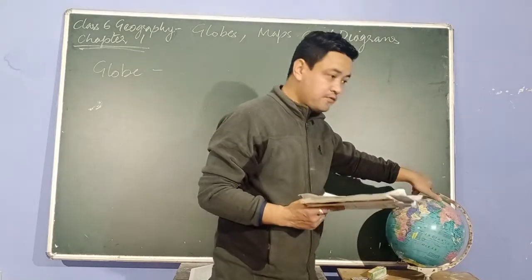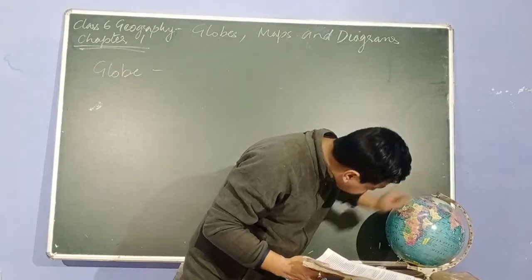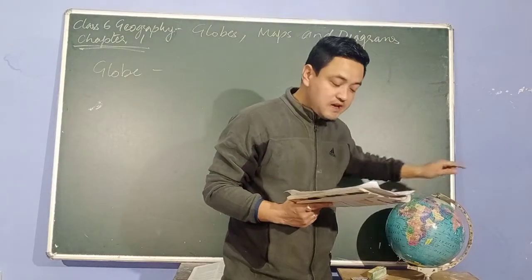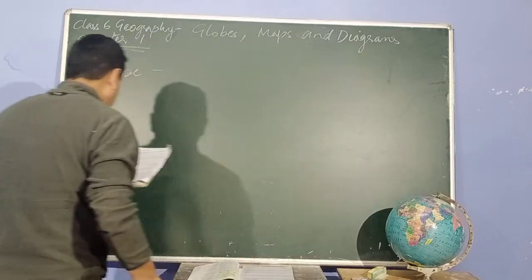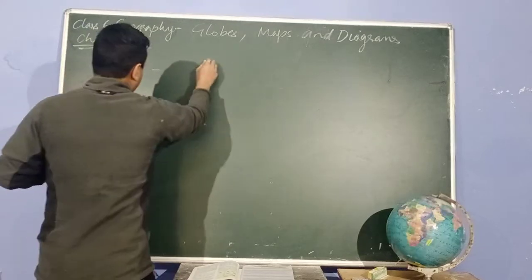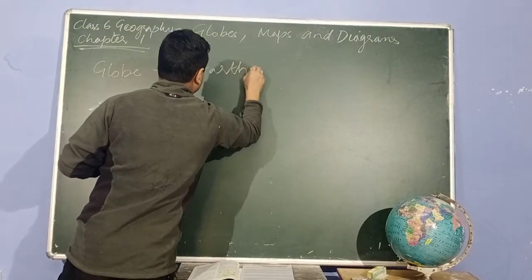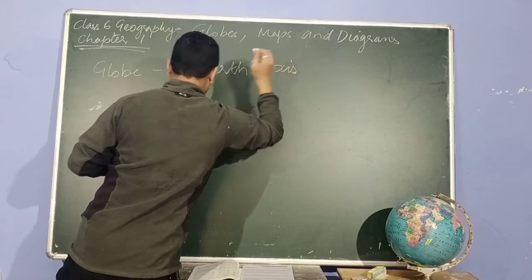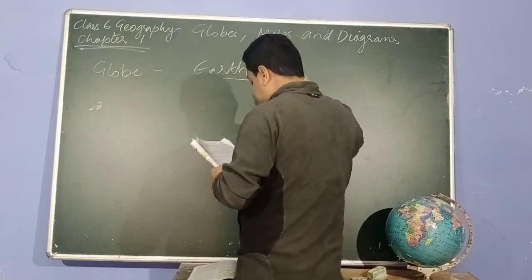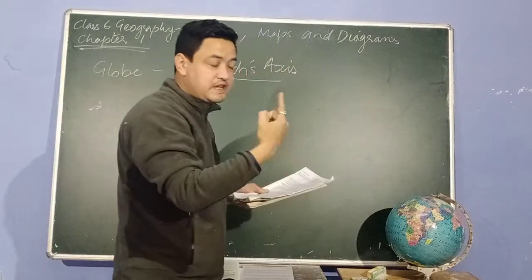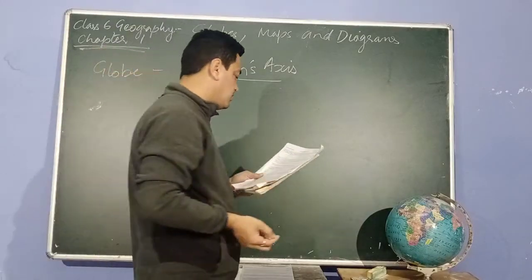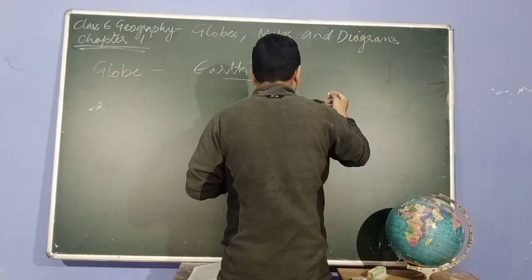But how can it rotate freely? It is due to these 2 points that you find here. These 2 points are called axes. It's known as the Earth's axis. So in a globe, you find Earth's axis. This Earth axis helps the globe to rotate in clockwise and anti-clockwise directions. So this Earth axis is the axis around which